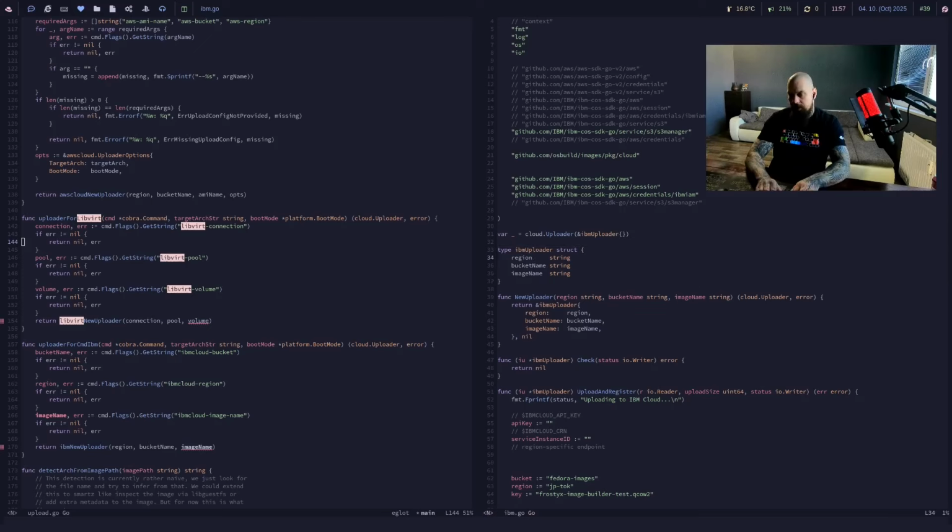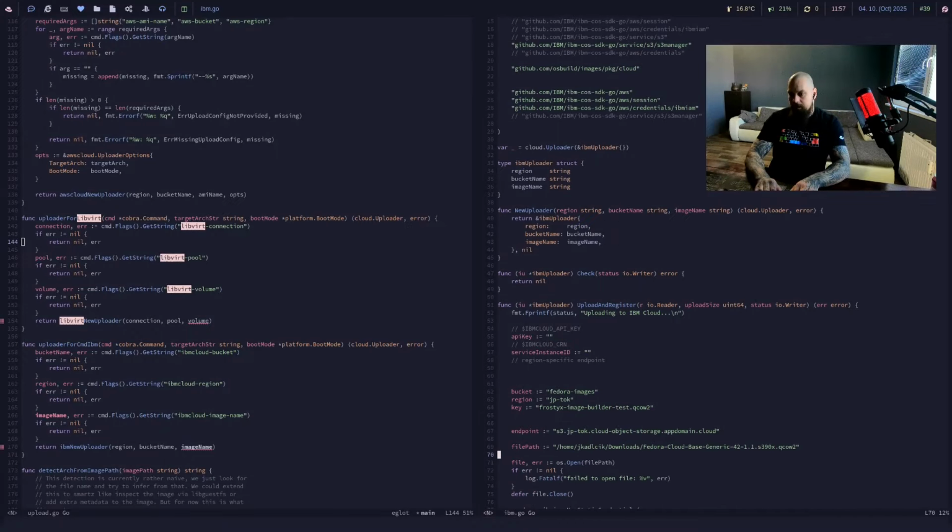So we have EU, not EU, IU, we have IU region, IU bucket name, and IU image name. So bucket equals IU bucket, like this,